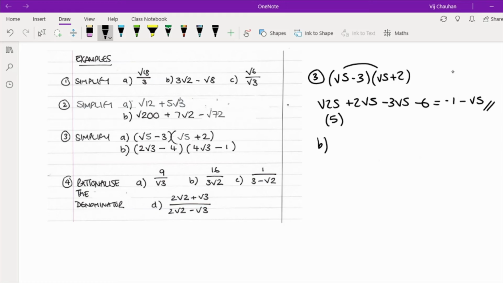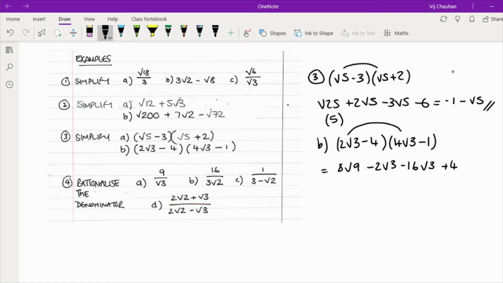And for B, the difference in this question is we've got numbers in front of our surds. So we've got 4 root 3 minus 1. Again, remembering that we can only multiply numbers with numbers, outside numbers with outside numbers, numbers inside surds with numbers inside surds. So for this times this, what we end up with is 8 root 9 minus 2 root 3 minus 16 root 3